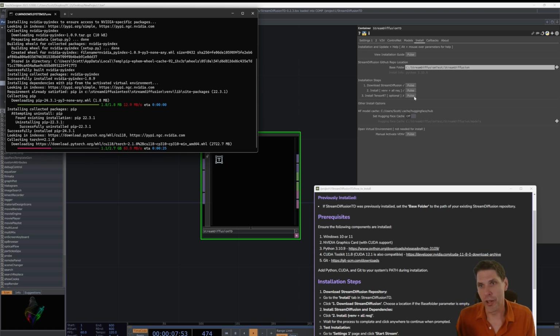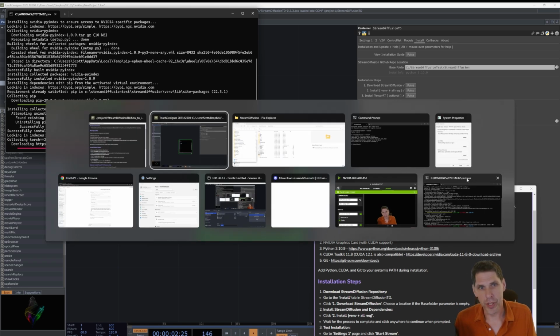I'm reluctant to install this right now because I'm afraid it's going to put system components. It took me a long time to get Tensor RT working. So I'm not going to do this, but once this is all done, then you pulse that and hopefully it'll just work and you'll be able to run it. If it doesn't, and it didn't for me,